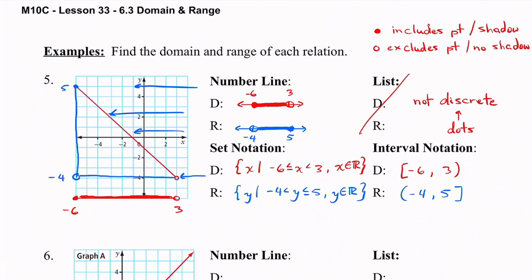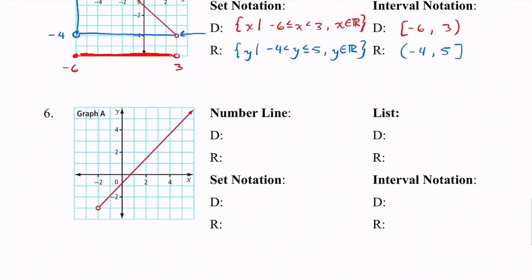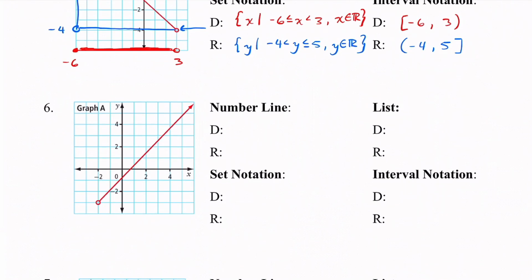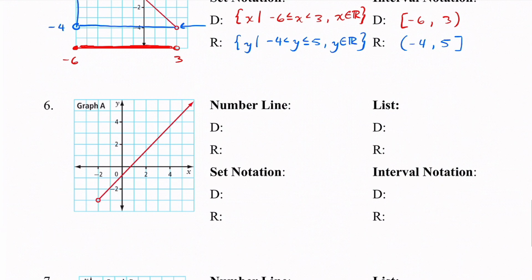So now that we've seen that one, if you wanted to try to do number 6 here by yourself, you could try to do that one. So going through number 6, we can see with this one we have an arrow at the end, so that just means that this line just keeps going on and on and on. So doing our number line, I'm going to draw my line here first,